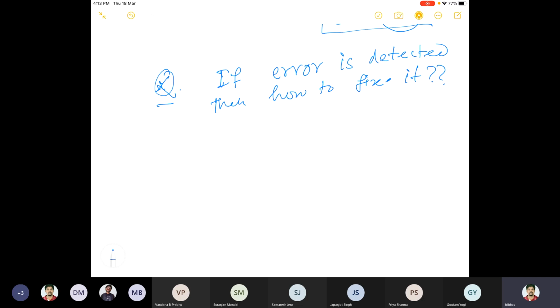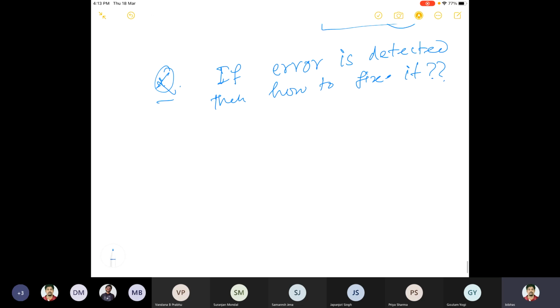So I'll give you one method. There are many methods to do it. I'll give you one method, because this method will work in general for other codes also, other special linear codes, which we'll be talking about next. So I'll give you a method for correcting the error, basically. And this method is based on a very simple rule. So let me write it this way.